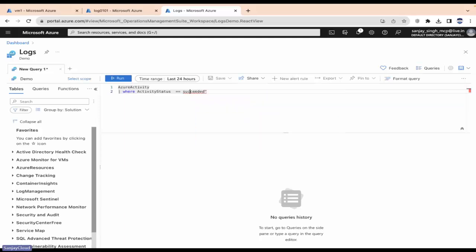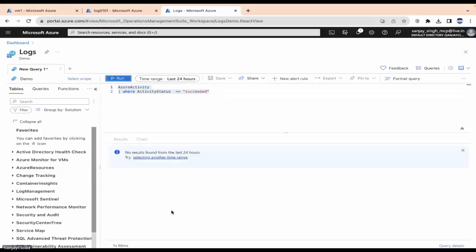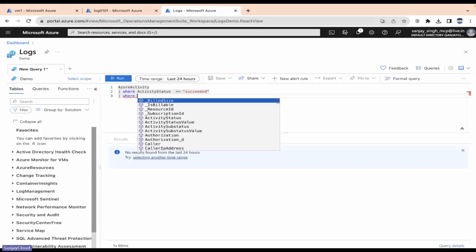In quotes, let me run this. After running this, if there is any data available, you will get a response. Otherwise, you can customize it again based on your requirement. You can add another line where you can add another type sign where operation name